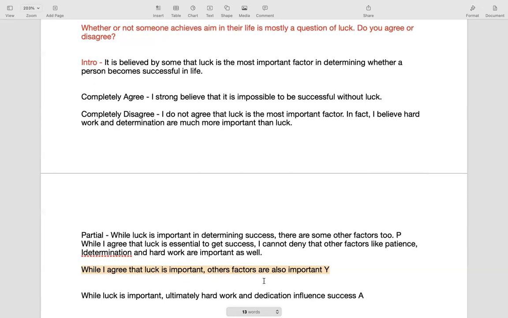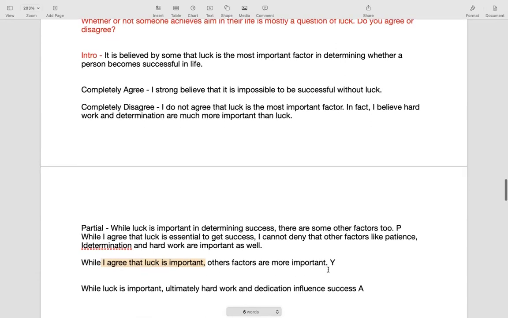There are 5 factors. All 5 are important. Which one is the number one? You did not answer that question. So I would have written here, other factors are more important. If I just wrote that, what would that mean? That, in my opinion, luck is not that important, but other factors are. Yes, that other factors are more important. So luck cannot be number one. Luck is not number one. So I've answered the question now, that luck is not the most important. I've told you luck is important, but it is not the most important because other factors, in my opinion, are